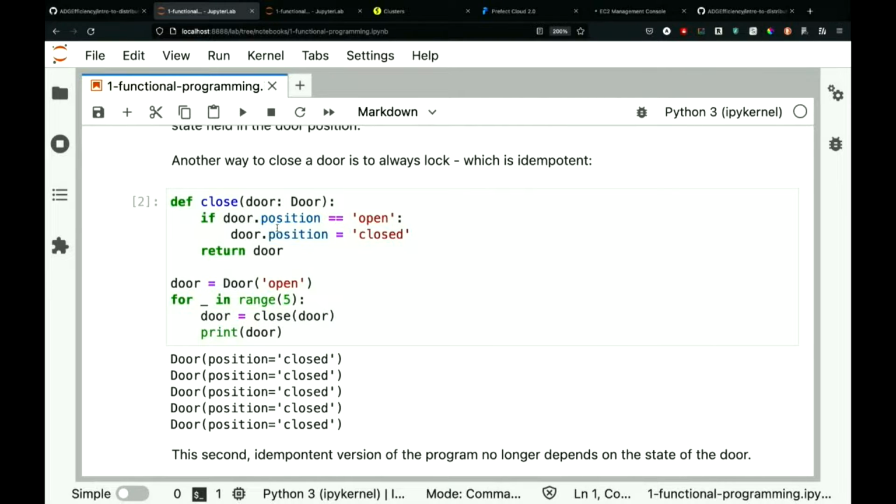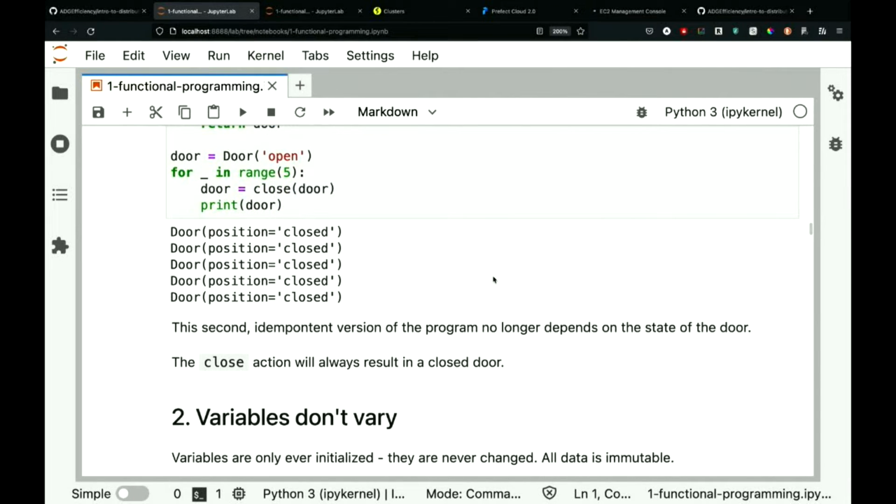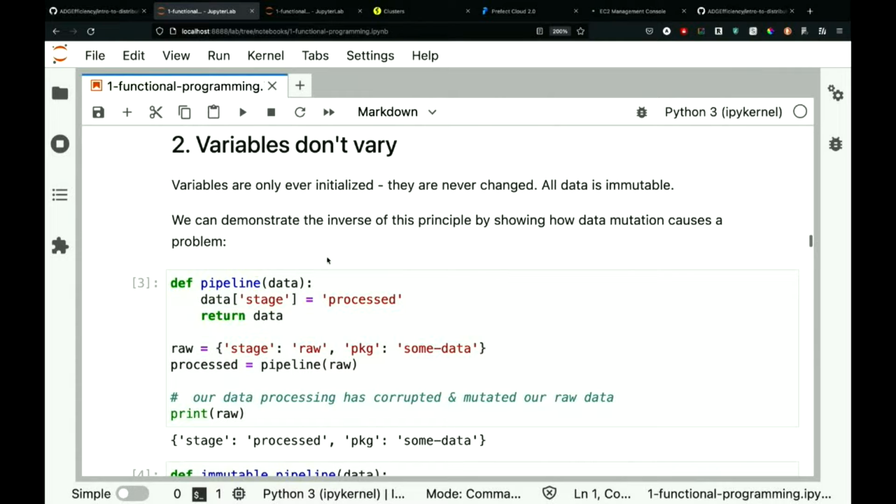The concept of fail-safe in engineering. There's a bunch of different ways this stuff comes up. Variables don't vary. So this is a bit of an interesting concept because a variable itself suggests something that should change. This idea of variables that don't vary is essentially relying on immutable data as the input and output to your